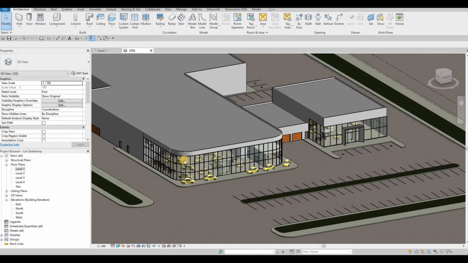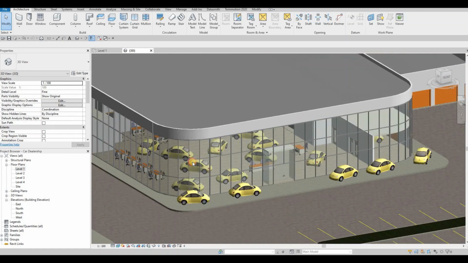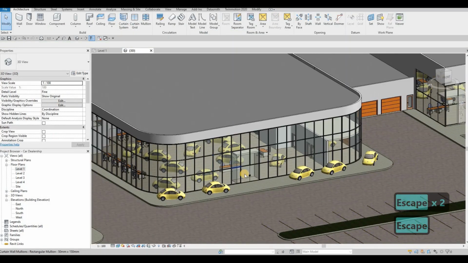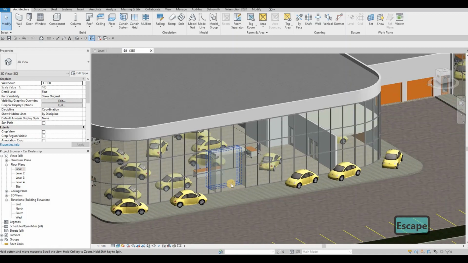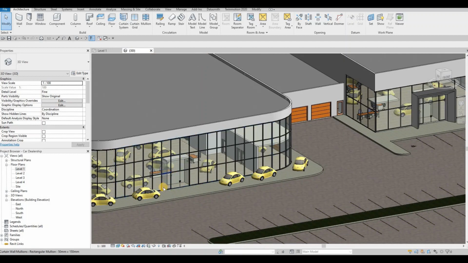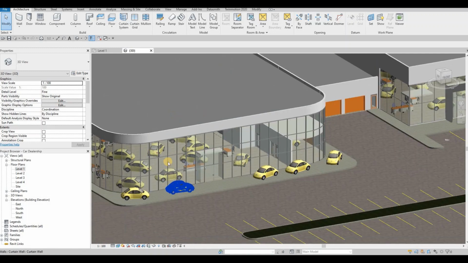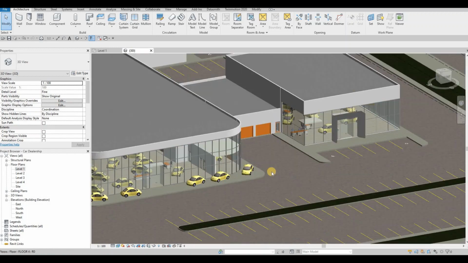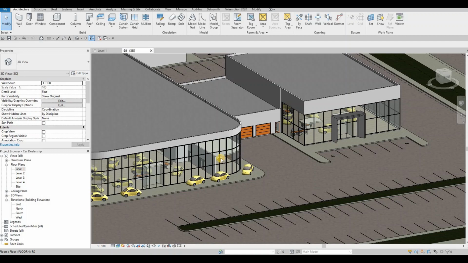So in the last video, we were able to edit the shape of our building. We just gave it a curve, and then we changed this to a storefront window, and then we added the doors, and then we put the one that we did here on this side. Now we're gonna add the signage here on the main entrance of the main building, and then we're going to create the Chevrolet